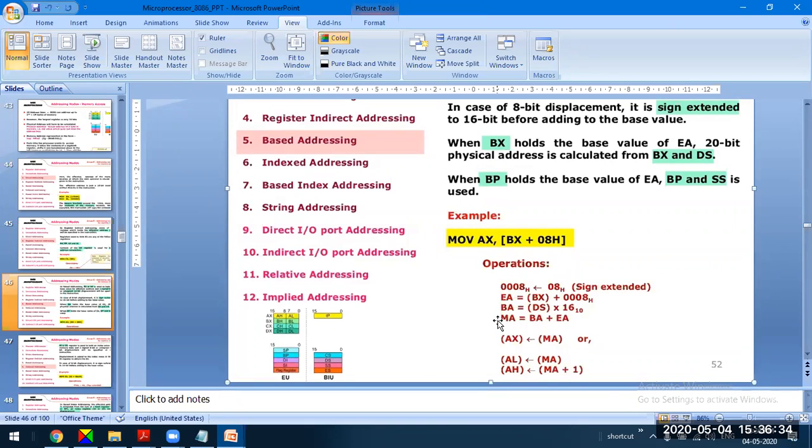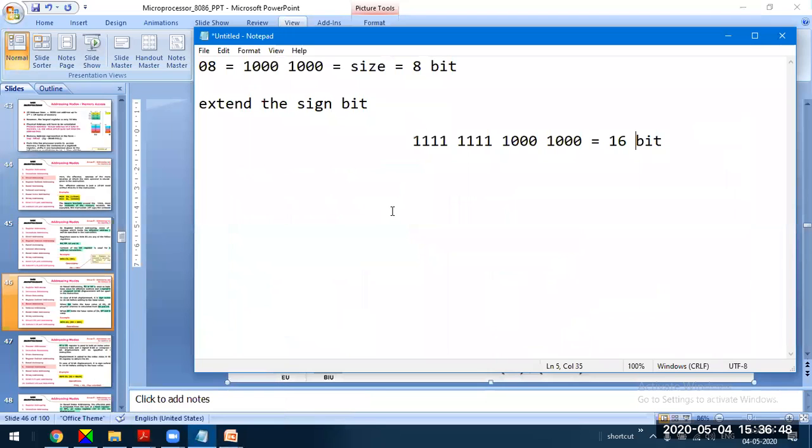So the memory address is equal to the base address after conversion into 20 bit. For example, let us say the data segment, which is not given in this case, is equal to 1234H. This is what the microprocessor does to calculate the physical address.